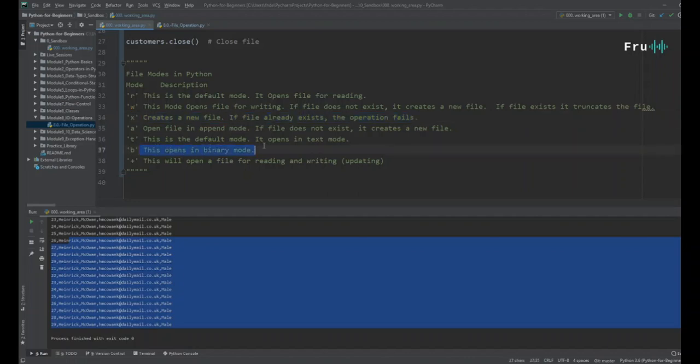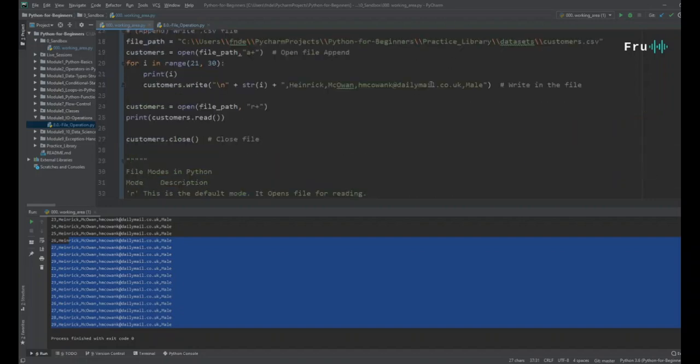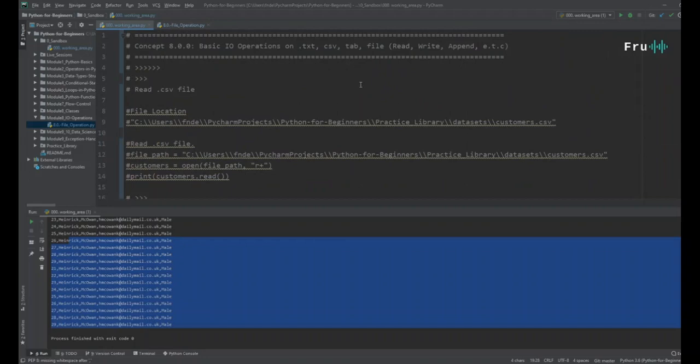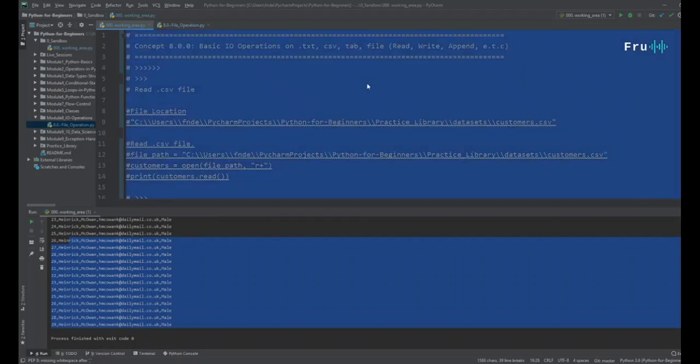And then with B, it opens the binary mode, plus will open the file for reading and writing, updating, and all of that. So depending on what you're trying to do for a file, you can choose the specific way in which you're going to be opening your file. All right, guys, so I hope this helps. This gives you some ideas. If you're working with a file, a text file, a CSV file, you should be able to access that file, open it up, read data from it, use that data within your Python program. Now we're going to switch gears